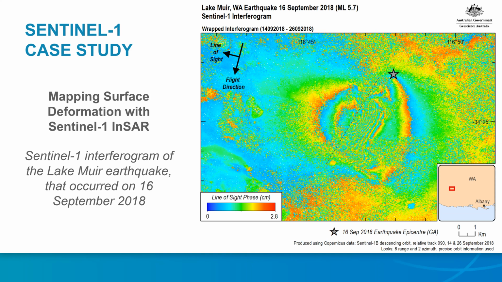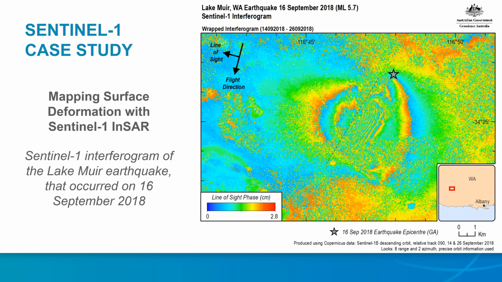So for this image, on the 16th of September 2018, a 5.7 magnitude earthquake occurred in Western Australia. And the seismic data showed that it may have produced surface deformation. However, based only on the data with large location uncertainty, it was difficult to locate where or even if surface